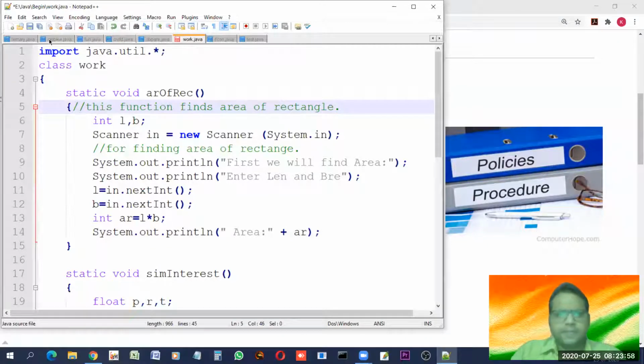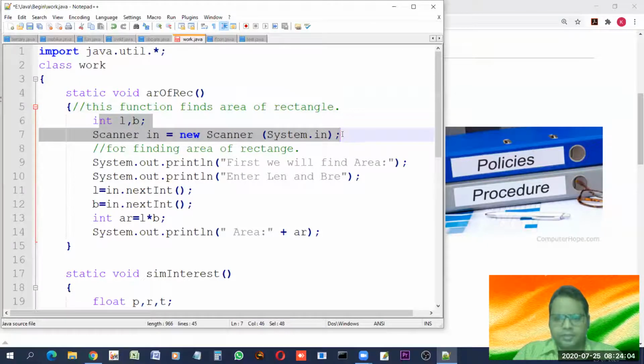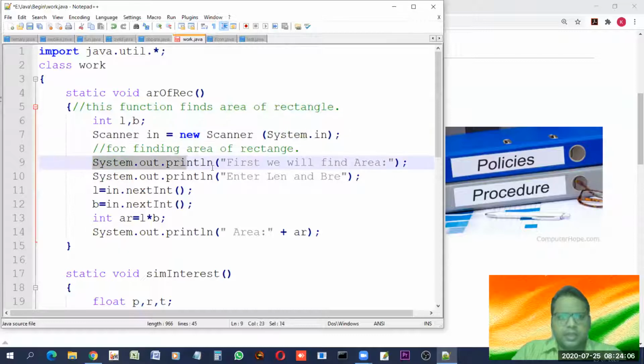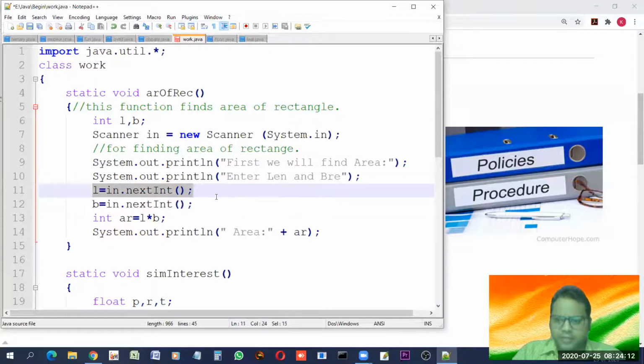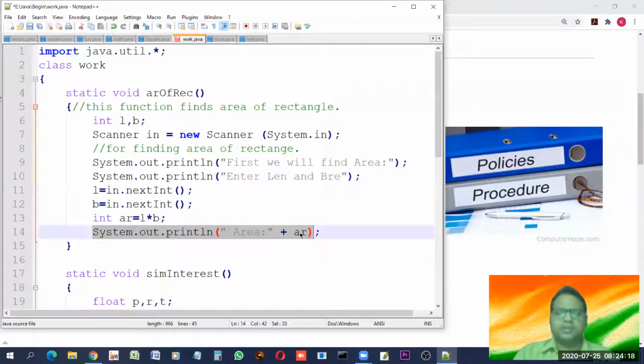In this function also, we are first setting up for inputting, giving a message for the sake of proper input, then actually inputting the data. Here we are processing the data, and here we are outputting the result. So you'll find this common in all the functions or all the programs.